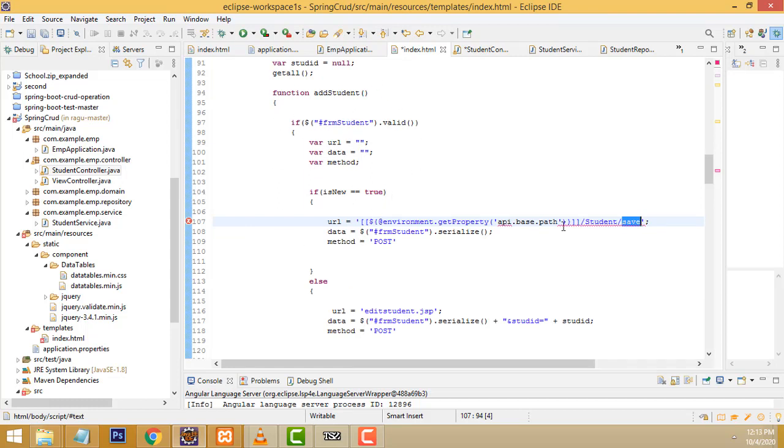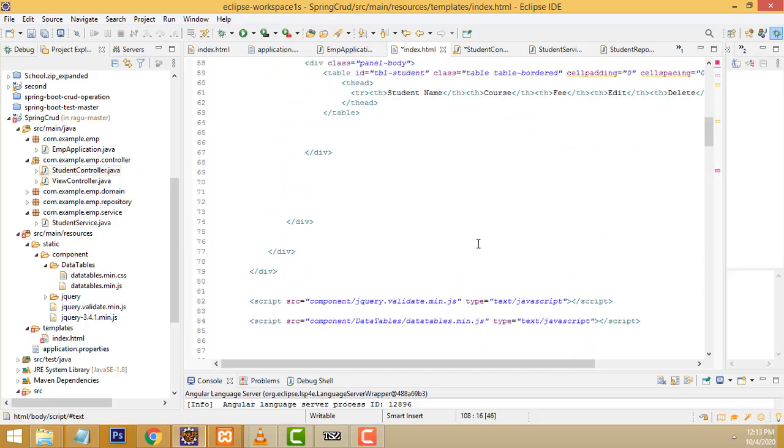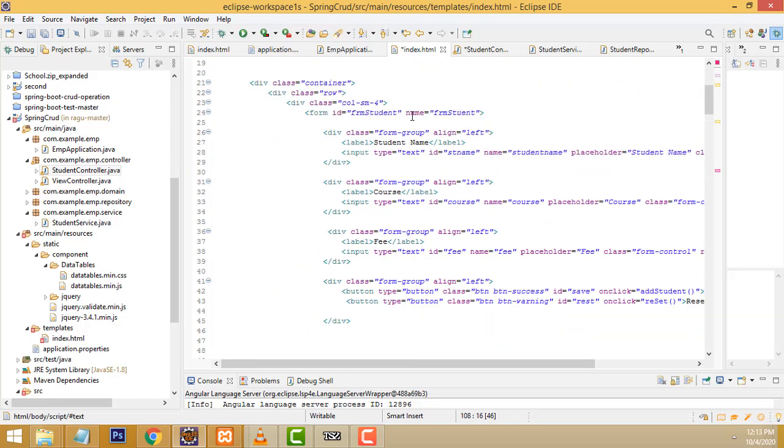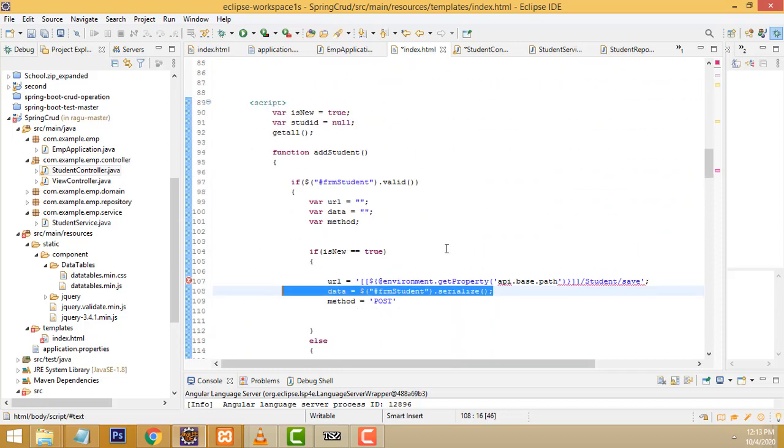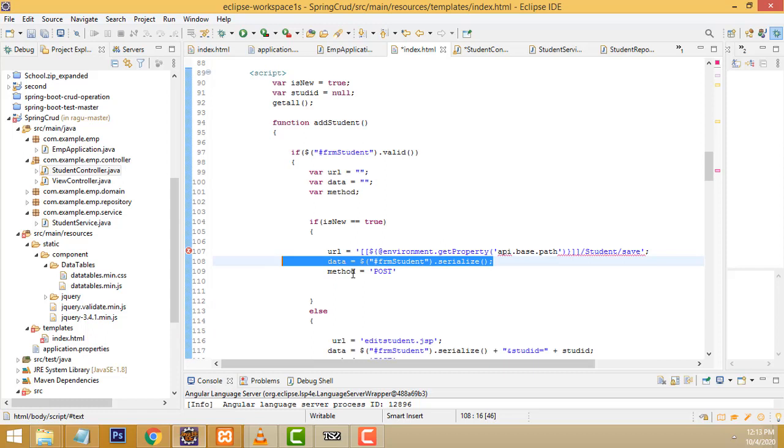It checks that all the properties are correct. It gets the completely formed data, which we have serialized, right? Completely formed data means all the data you are typing in these relevant text boxes will be serialized, right? All this stuff will be serialized and put to the post method. Along with the post method, it goes to the particular URL, right?